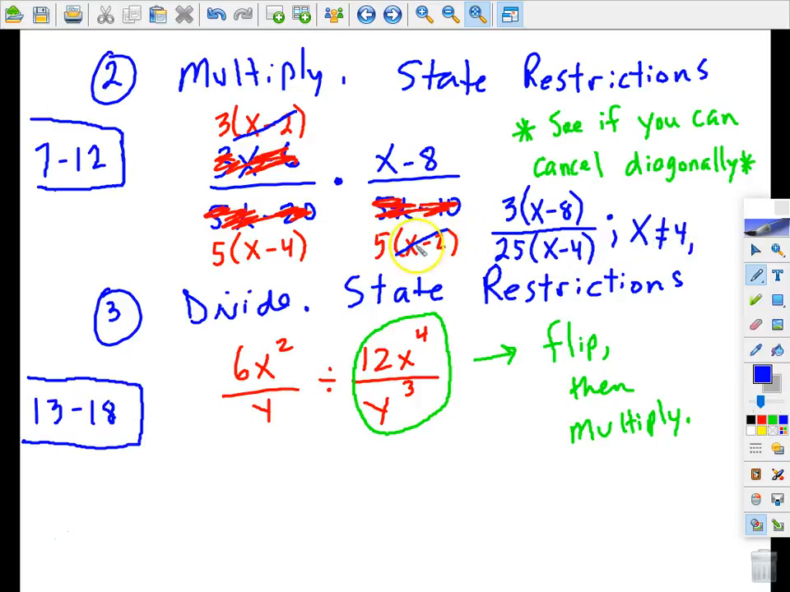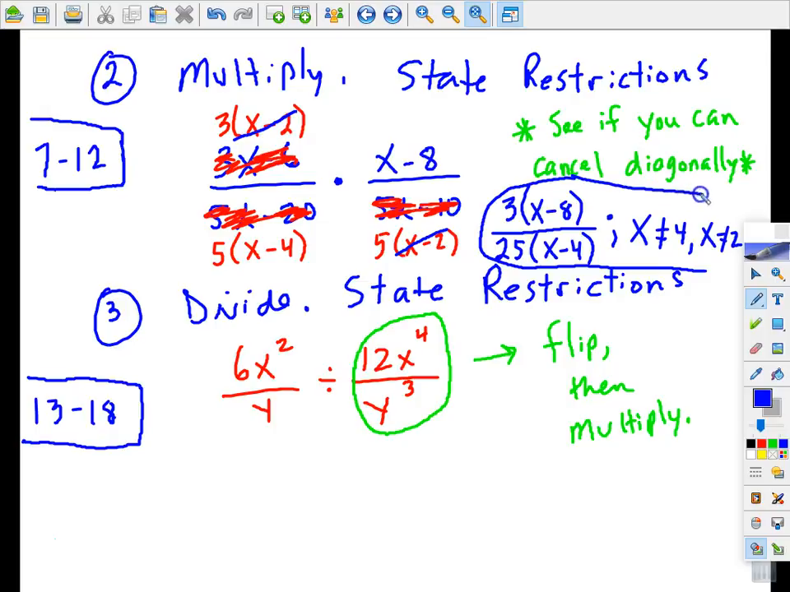And once again, even though I've marked this out, I still need to consider it when I look for restrictions. I cannot let x become 2 because that would cause division by 0, which is not allowed. So here is my final answer, including restrictions. Okay, 13 through 18, the instructions will change a little bit, and you're going to be asked to